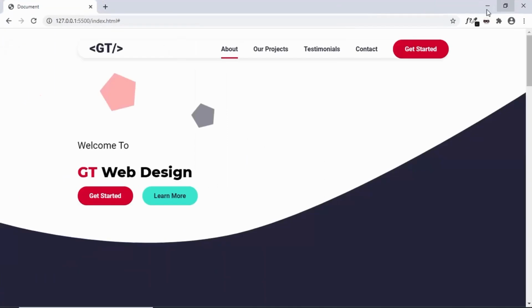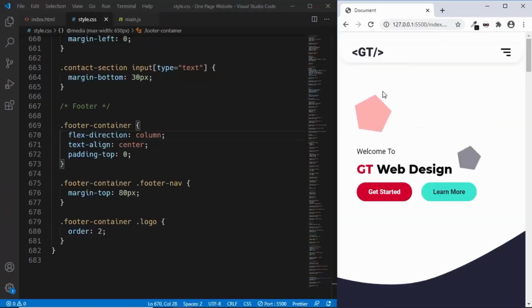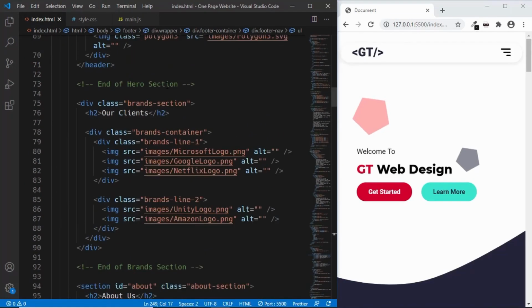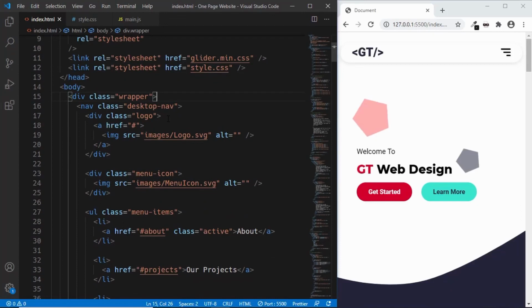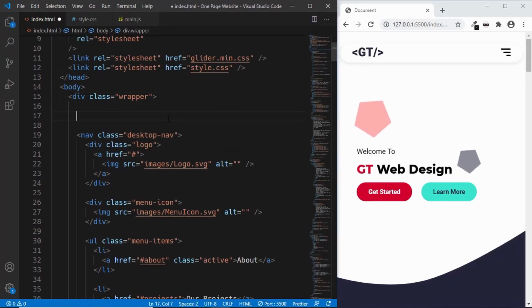In the desktop version we had these navigation menus right here, but in our mobile version we don't have these menus displayed. So let's create a new navigation menu for the mobile version. So let's go to index.html and here after the wrapper begins, let's create a new division with a class of mobile nav,